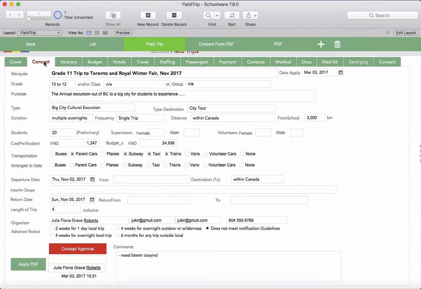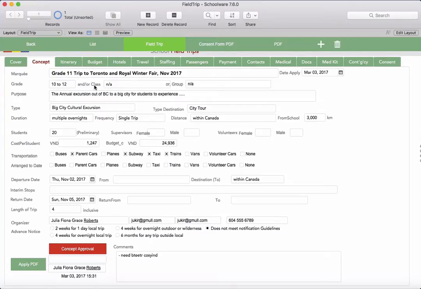Okay. And the concept now is, in the process of doing field trips, somebody comes up with an idea, creates the concept, shares it with some fellow teachers, but then they need approval. So typically the steps are to get a concept created, get the concept approved, and then proceed to flesh out the budget and the itinerary and all the different information, and come back later on with a subsequent approval. So we've set this sheet up as we call again the marquee with the name of the trip, and it's